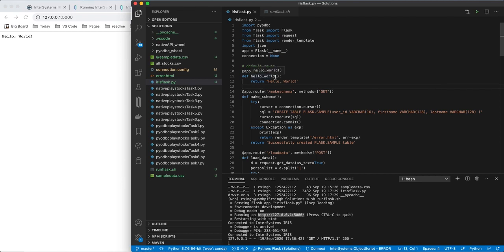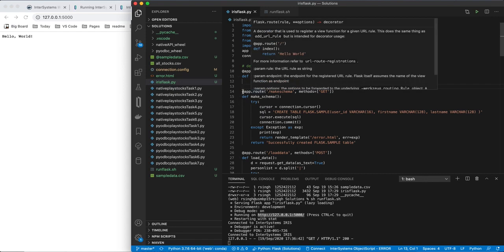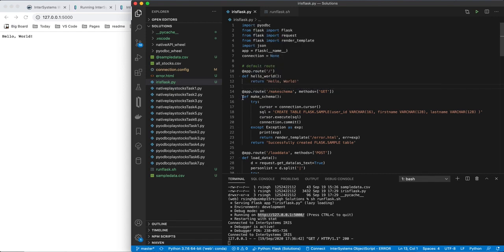Next one, so the default method is get. This would only respond to a get request, not a post request. The next route I'm going to define explicitly says we only accept the get method. But that's the default, so I didn't have to do that. But this route is when somebody adds make schema to the end of that URL, we're going to run the code in this make schema function. And in case you don't know about decorators in Python, this app.route decorator applies to this function here, whatever comes